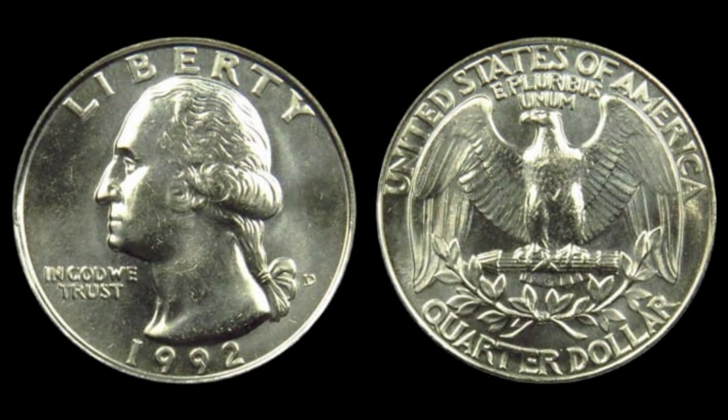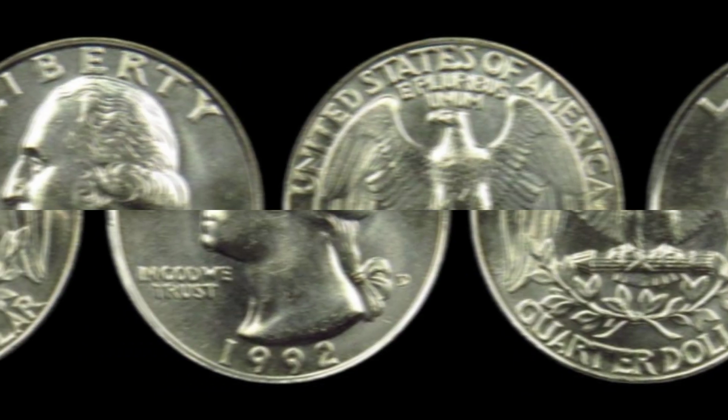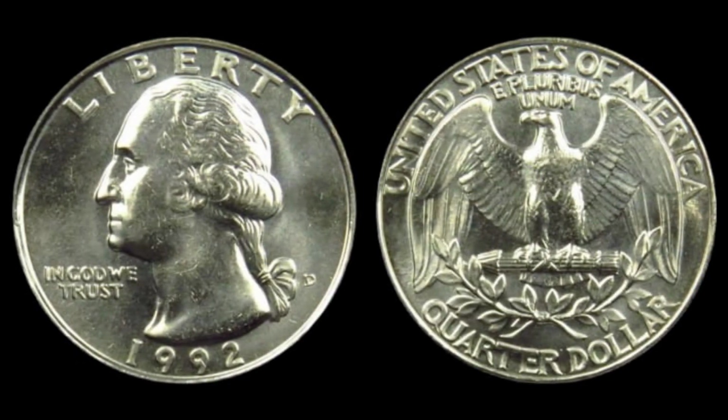And the first and most visible anomaly that sets this coin apart is a perfectly centered double die obverse, a phenomenon where the die used to imprint the image of George Washington and the inscriptions like "Liberty," "In God We Trust," and the mint mark D had been misaligned or struck twice during the die creation process, resulting in ghostly echoes and clear doubling of key design elements that are not only visible to the naked eye but also incredibly sharp and well-defined, a trait that drives its desirability among collectors who often pay tens of thousands for less pronounced